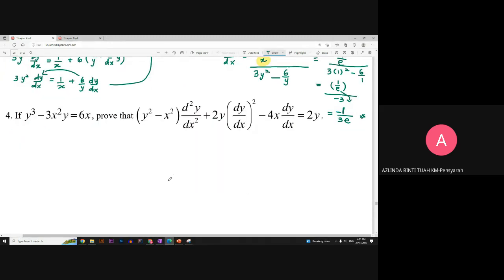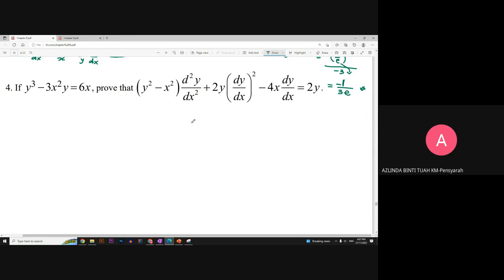Question 4: if y cube equals to minus 3x squared, y equals to 6x, proof. Okay, ini soalan favorite exam juga. Pernah beberapa kali dia suruh kita proof. Okay, jadi seperti biasa macam kita jawab dalam chapter 7 dulu, bila ada soalan proof, kita akan pilih one side